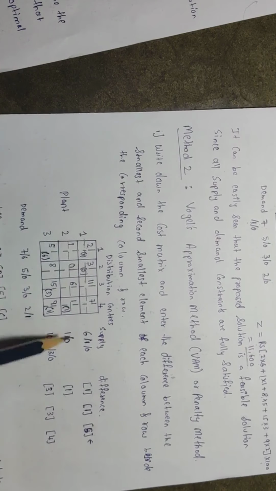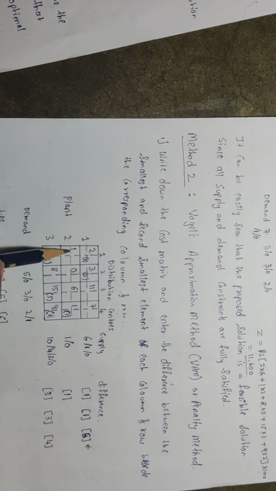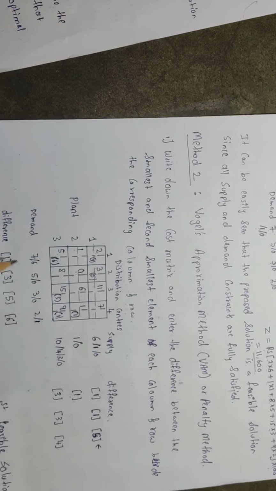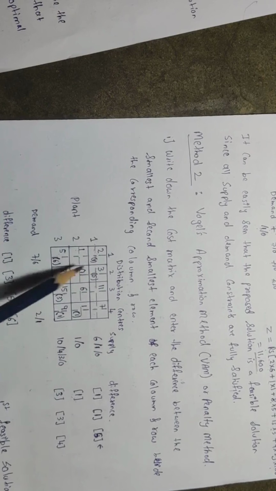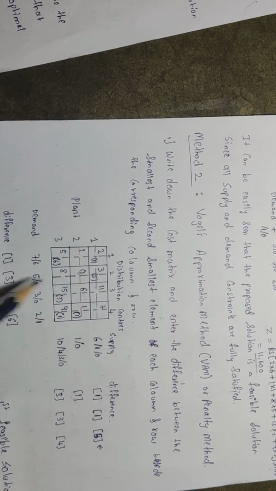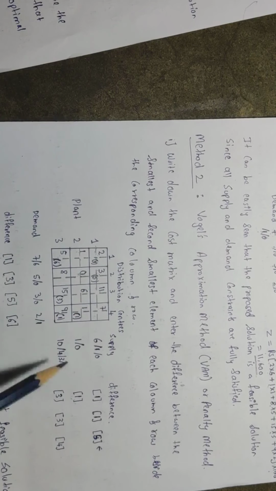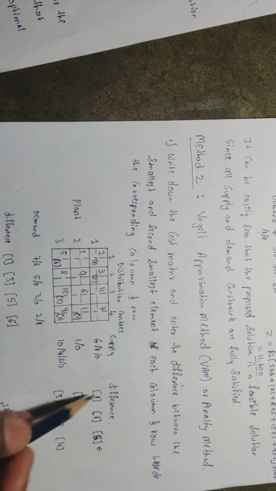Similarly you go for each row and each column. Here the smallest numbers are 1 and 0, so the difference is 1. You cannot take 1 and 1 because 0 is also there. If there are two similar numbers, then you can say 1 minus 1, which is 0. But here I have two different smaller numbers, 1 and 0. Next, in the third row, I have 5 and 8, so the difference is 3. In the similar way, go for the columns: 2 minus 1, 1. 3 minus 0, 3. 11 minus 6, 5. And 7 minus 1, 6. Right? I have noted down all the differences here.